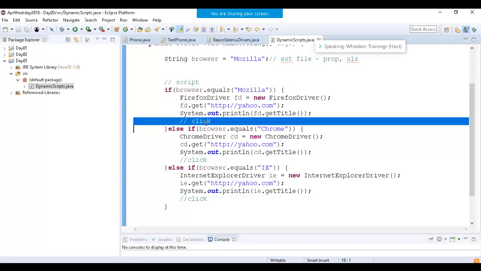So this problem is resolved with the help of the concept of interfaces in Java. Okay, now what is an interface? I'm going back to Java over here. Okay, what basically is an interface? Interface is something which gives you an idea about the system, that what the system is all about, what system is going to do. For example, when you go to a website, if you go to my website, for example,